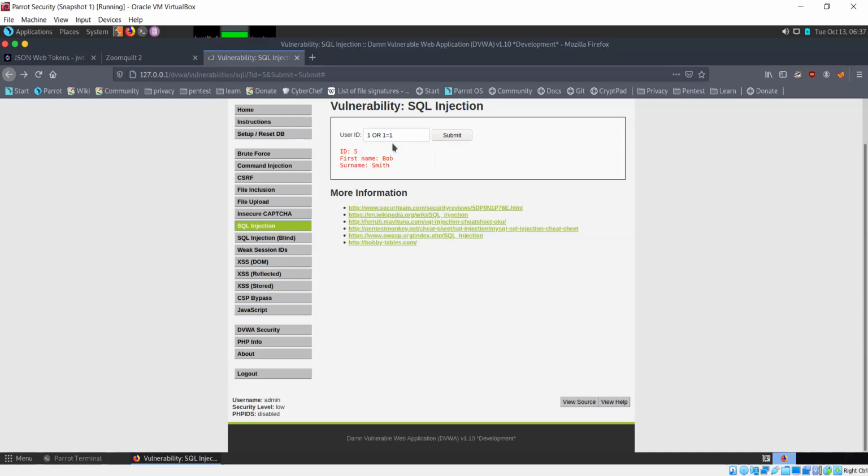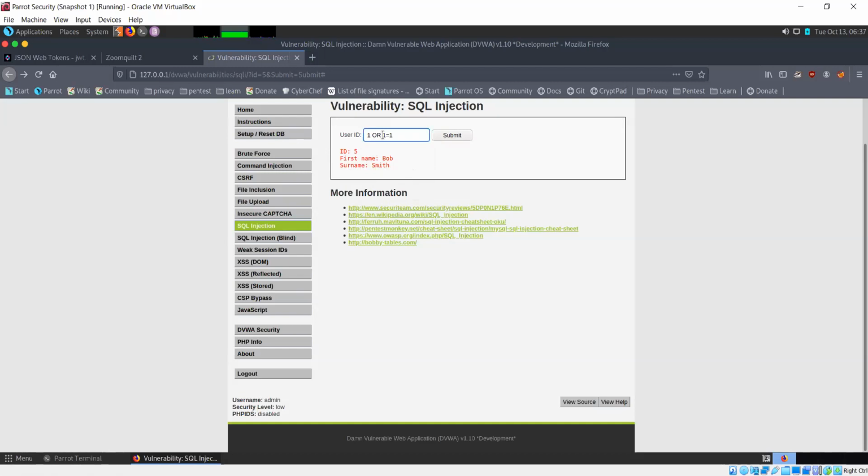The query becomes: select first name, surname from users where ID is equal to 1 or 1 is equal to 1. So effectively, the statement it processes is: give us the first name and surname wherever either the ID is equal to 1